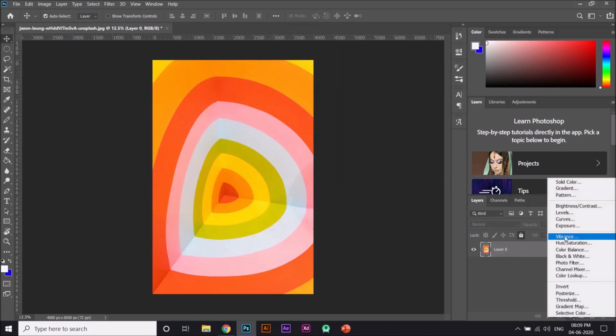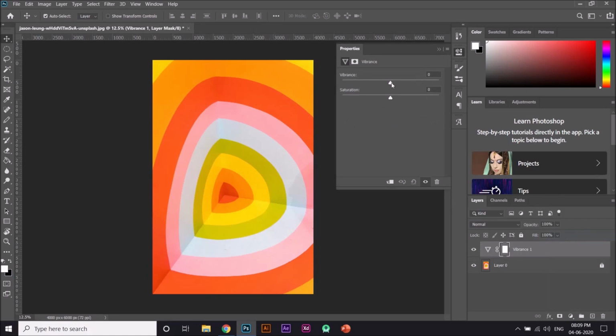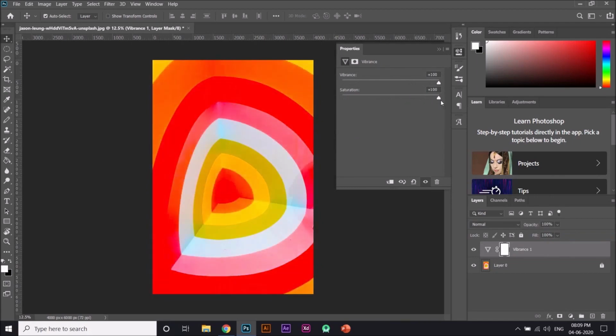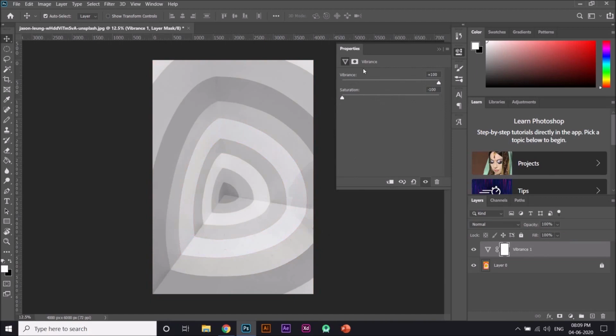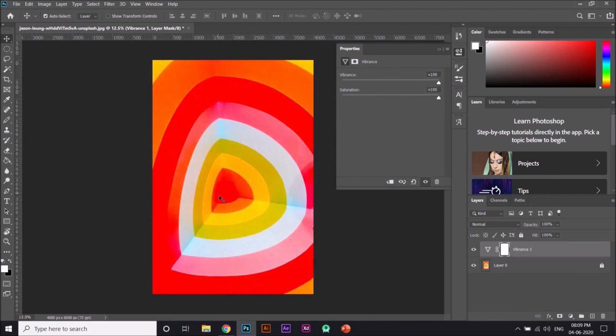And the next one is vibrance. So here you can see as I reduce, it becomes cloudy, and as I increase, it becomes back to normal but a little bit bright. And saturation is nothing but the intensity of the color from black and white to the colors. So here it's totally black and white now. So if I want to add color to this, I'm going to just increase the saturation. As I keep increasing the saturation, the color keeps increasing, that is, it gets more intense.